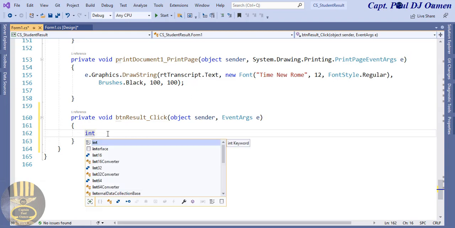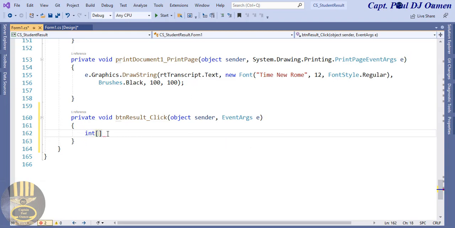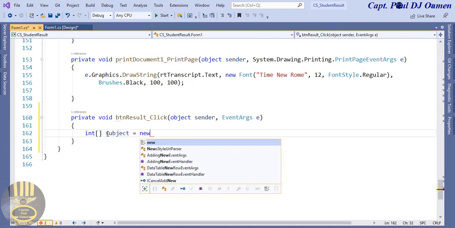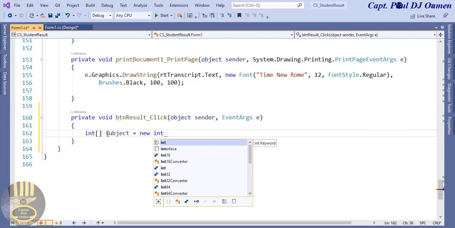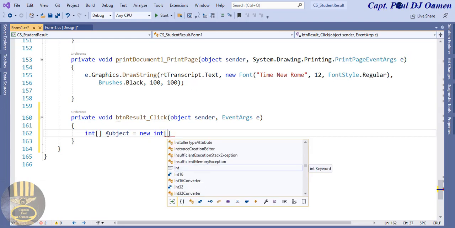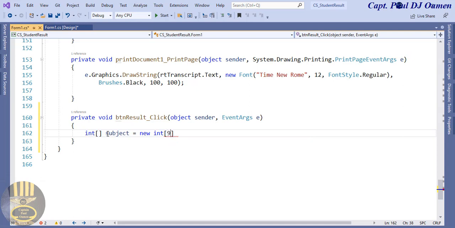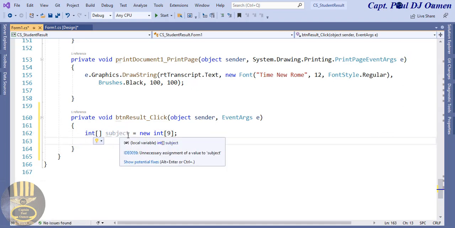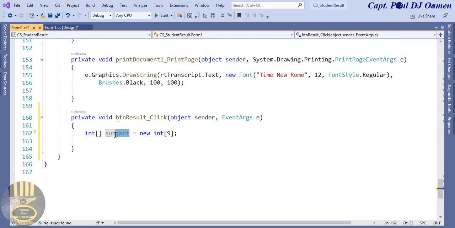So let's say array int, let's just say subject, and it's going to be new integer. Let's just make that about, I'm going to go for 9 there. If we have to add, I will actually add more. Now I'm going to then say subject,